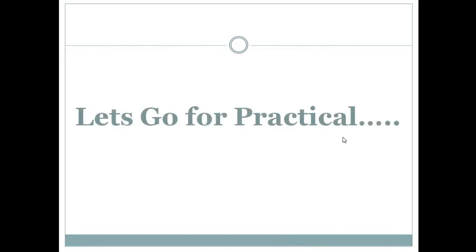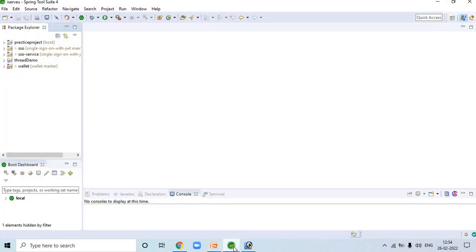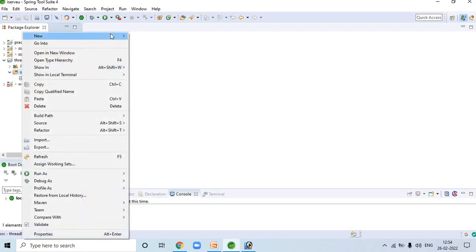Okay, this is all about the theoretical discussion of threads and multithreading. Now, whatever we have discussed, we will see in practical. Now I am going to open my IDE. I have opened my STS and I have created a project here called thread demo. Now I am going to create a class,